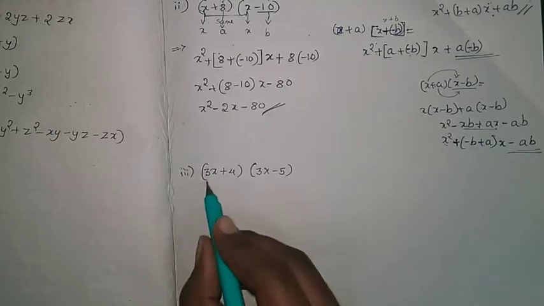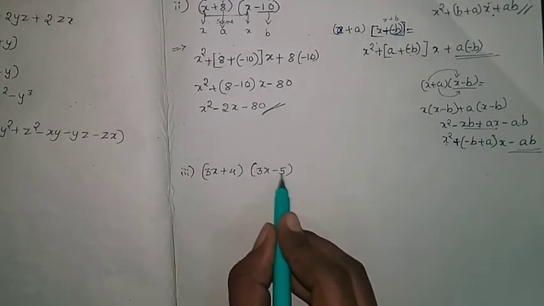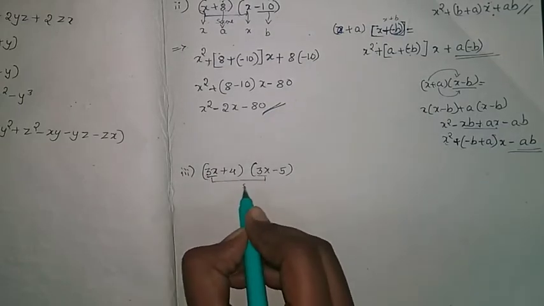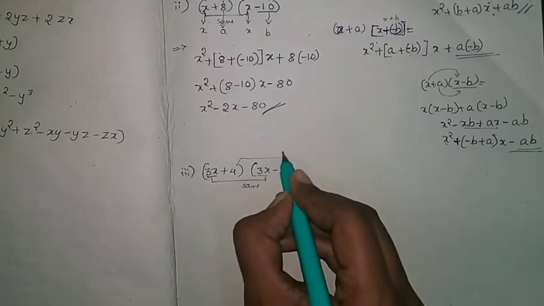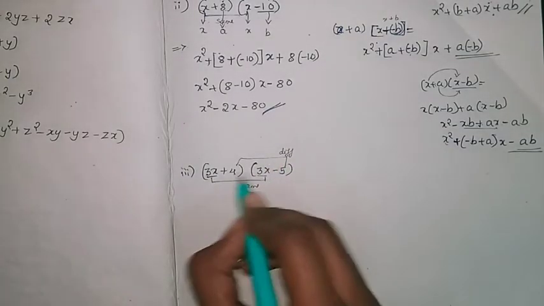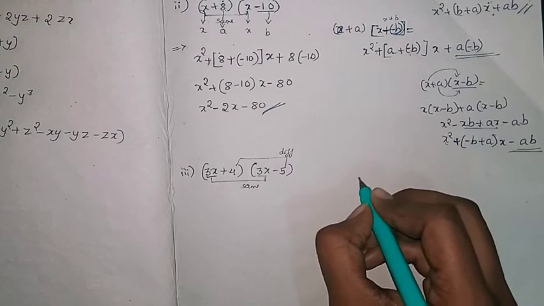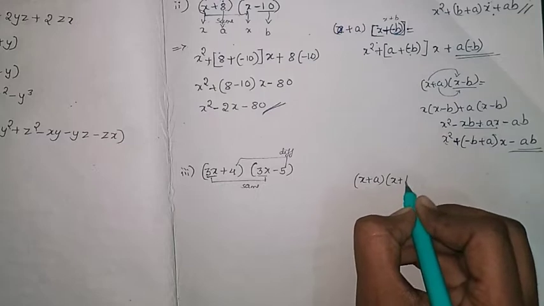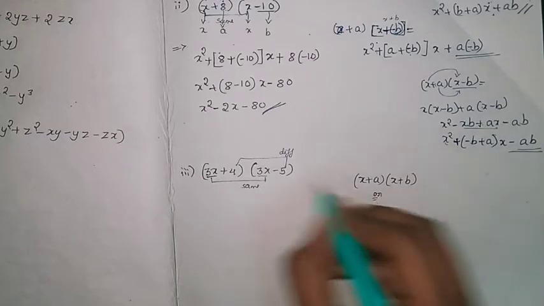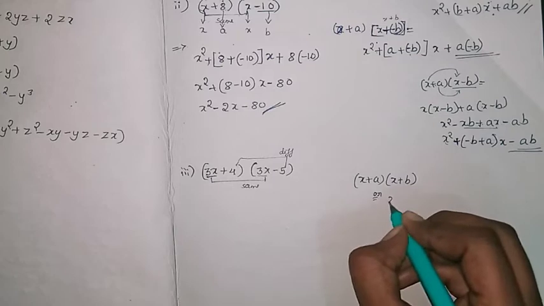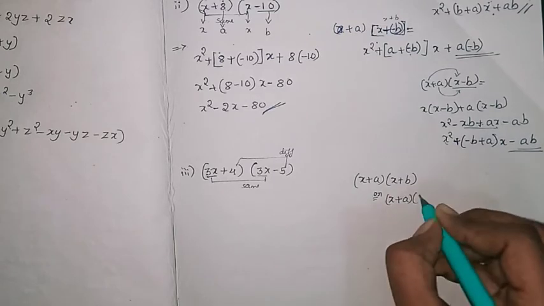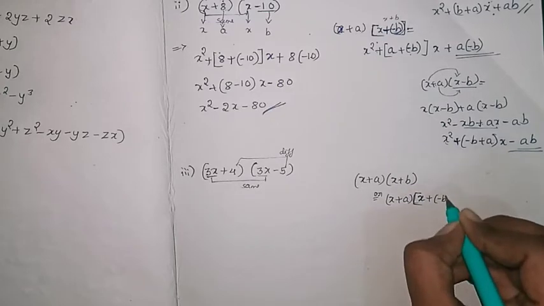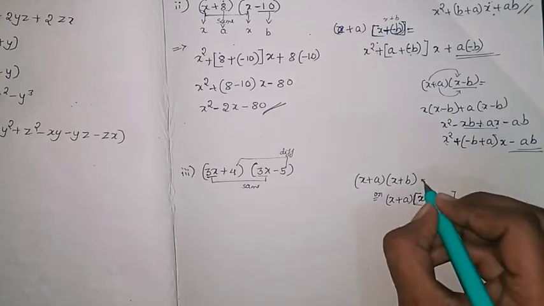So the third problem, that is 3x plus 4, 3x minus 5. So as you can observe, the first term is same here, and the second terms are different, and the sign you can observe is also different. But the formula which we can use, x plus a and x plus b, or you can write this one, you can adjust as it is the minus. So x plus a we will write into the bracket, x plus of, in another bracket we will write minus b. Okay, so what is the formula here?